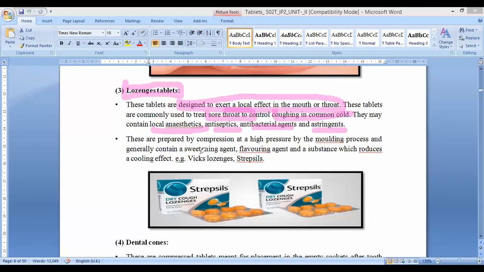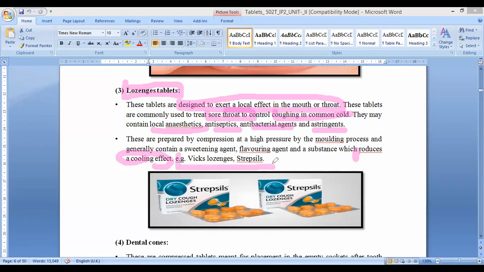One of the tablets prepared by the molding process is the lozenge tablet, and they generally contain a sweetening agent, flavoring agents and a substance which produces a cooling effect. An example of a drug which produces a cooling effect is